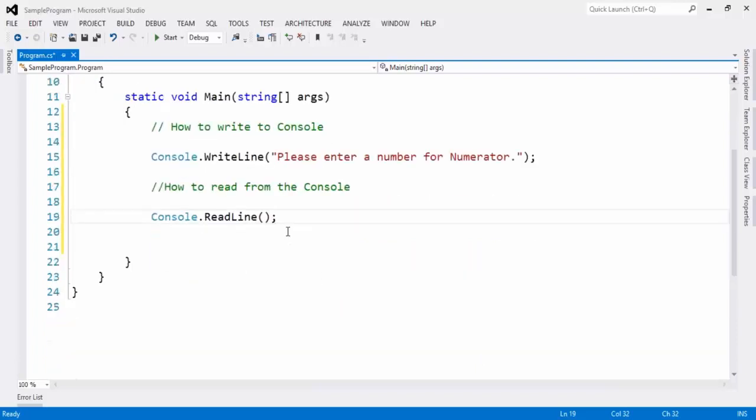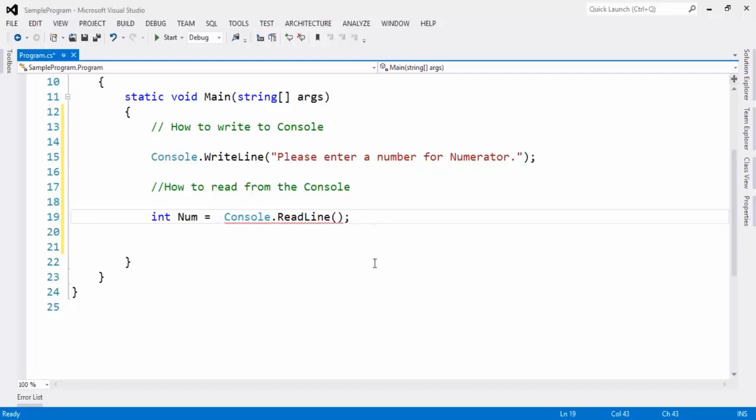Okay, we can read it, but we want to store it in some other place for our calculations. How to do that? As the person will be entering a number, right? So we have data types in Visual Studio. Again, do not worry about the words data types. A data type means it will be holding the data accordingly. Accordingly in the sense, numbers will be stored in one place, names will be stored in another place. So as it is a number, I will be taking integer. Integer numerator equals this one.